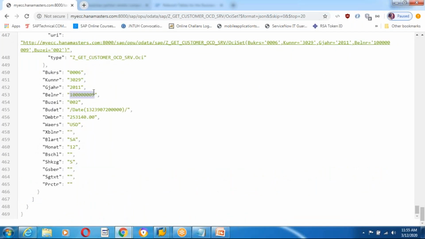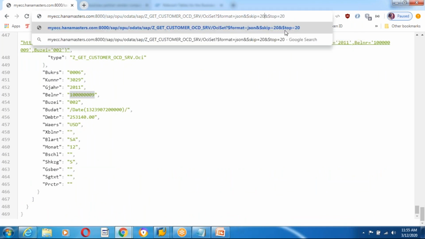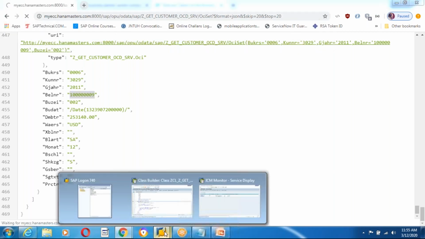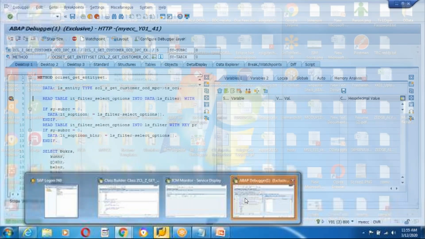See, this is the 9th record, guys. Now I put, yes, 20 records. Next I need to read, first skip 20 and then get the next 20 records. Now you see how it works. Enter. Yes, F8